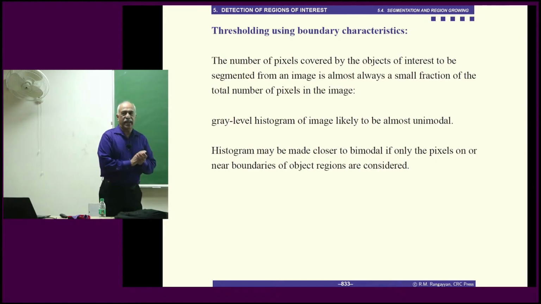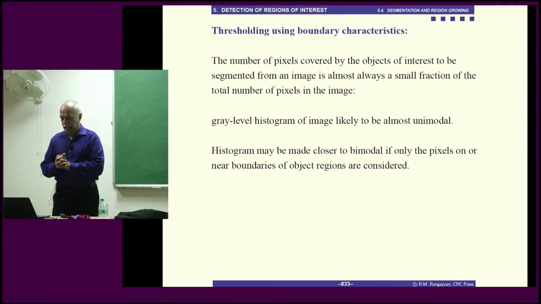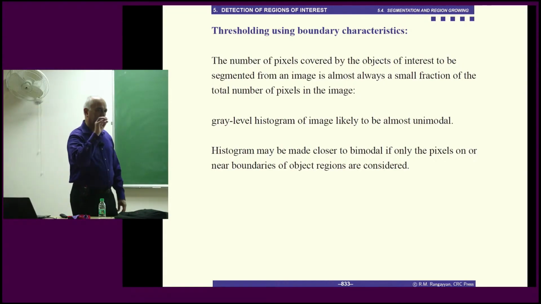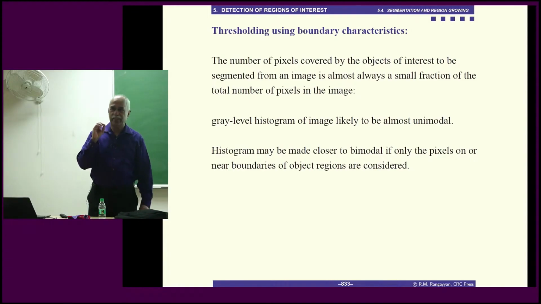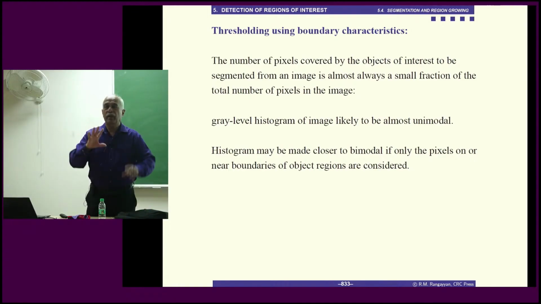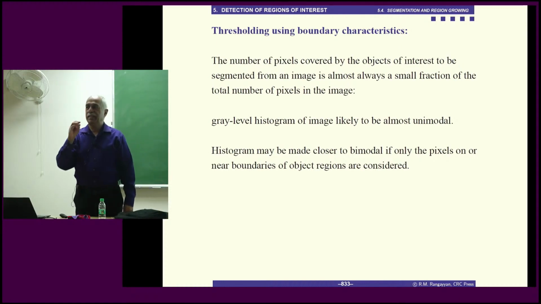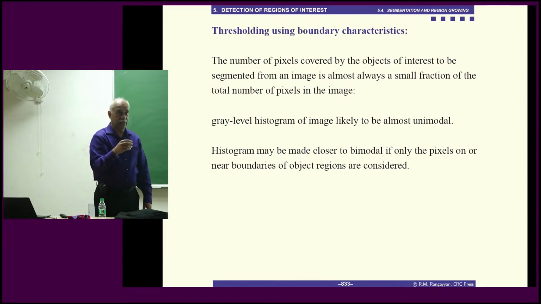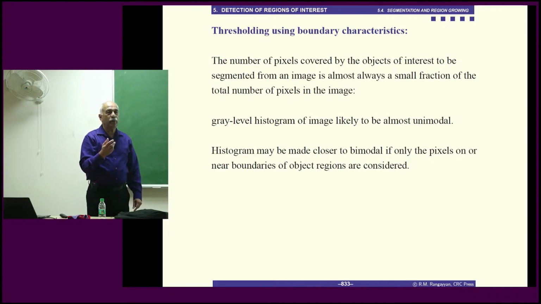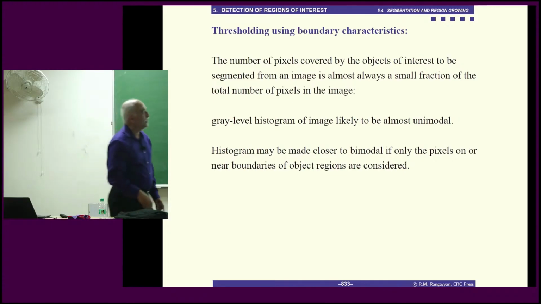Thresholding using boundary characteristics is another technique, which says sometimes the number of pixels occupied by the objects of interest could be very small compared to the total number of pixels in the image. There's a big background and a few small objects that correspond to your object of interest, and the number of pixels of the object of interest, a number of regions, or maybe one region, could be very small. Then this histogram